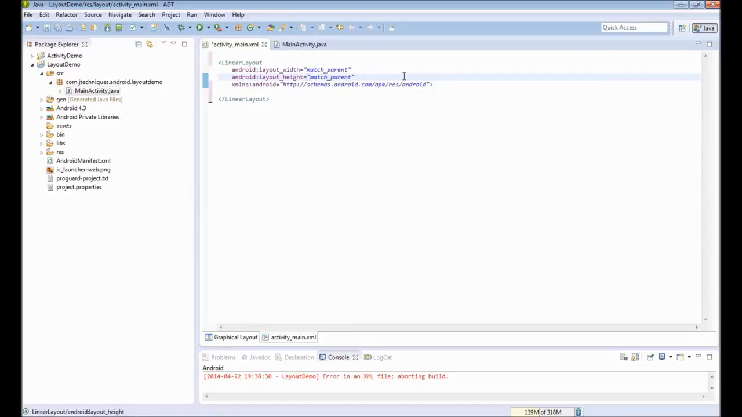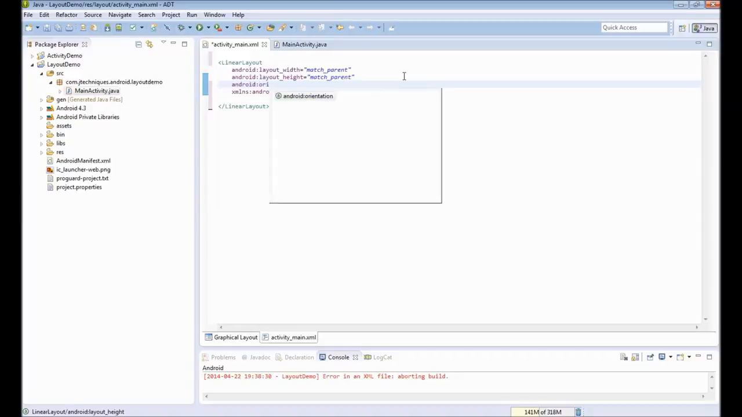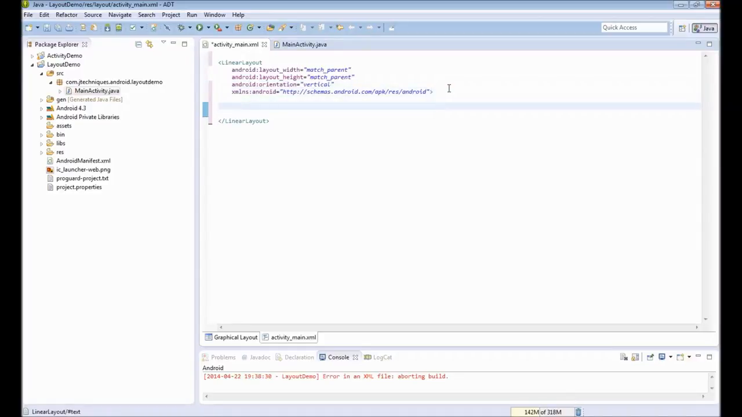We need to specify the orientation of our layout, that is, whether we will display the elements horizontally or vertically. Specify the orientation, say vertical. Let's now add a few elements. I'll add a text view,